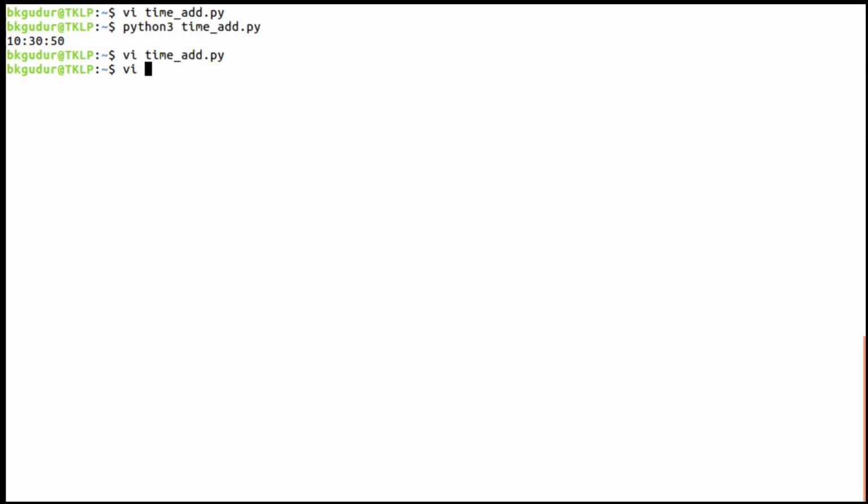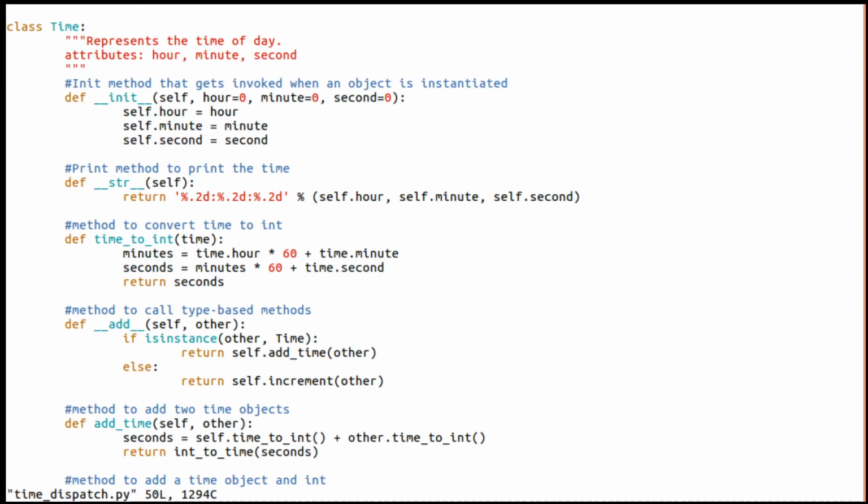Here there is a file called time_dispatch. This is the total program file. This is the definition of a class. Here the init method we have already seen. This is __str__, which returns the string representation of the object.